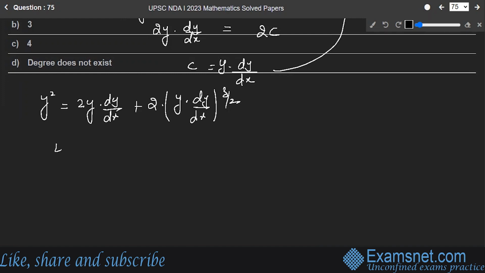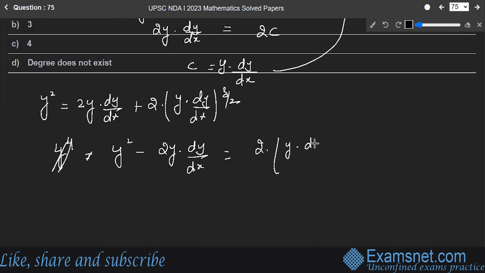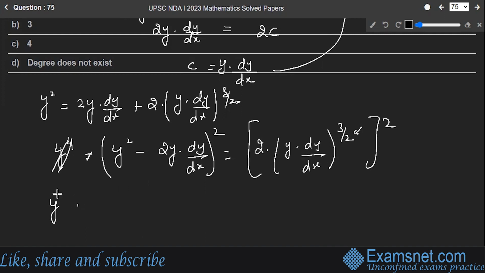Now squaring both sides, you will get y raised to power 4 is equal to, okay, I'll do one thing before this. I will take this on the side, y square minus 2y into dy by dx x is equal to 2 into y dy by dx whole raised to power 3 by 2. I want to get rid of this 1 by 2, so let's do squaring on both the sides. You will get y raised to power 4 plus 4y square into dy by dx square